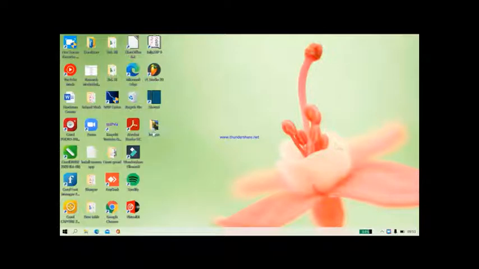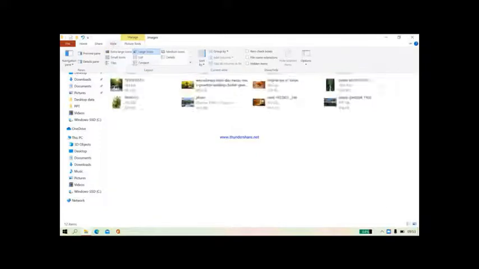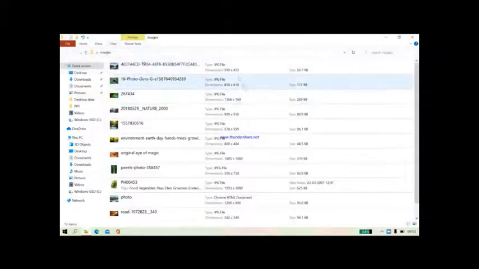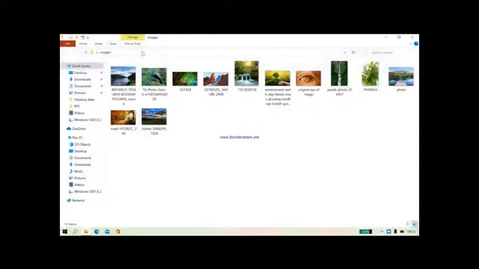Now see, on the desktop there is an images folder. If you see here, there is a variety of images given. If you view the images, you can see they all have the extension .jpeg, that is, the file type is jpg. So we are going to take two or three images from this and see how these images are inserted within the web browser.